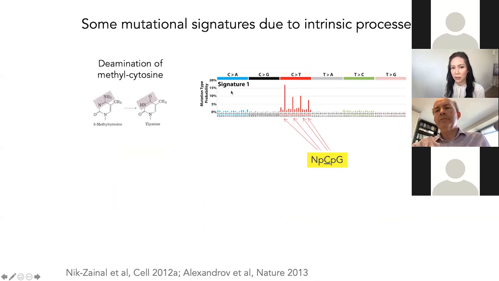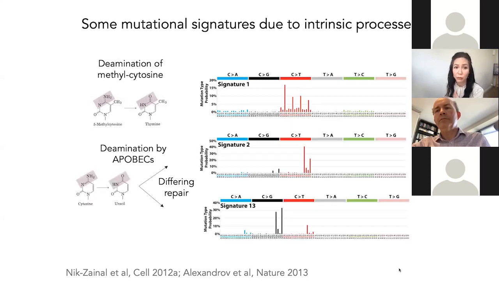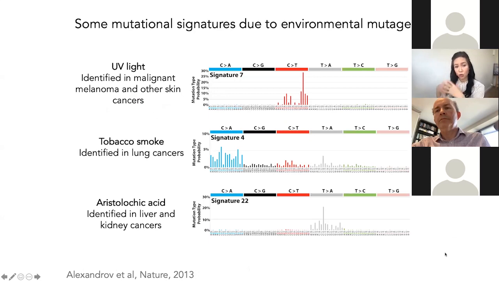So in this case, signature 1 has tall peaks, red bars here at CpGs, because this is the signature of deamination of methylcytosine. It's perfectly common and normal and happening in all your normal cells right now. And there are many other intrinsic or endogenous mutational processes happening in your cells, but there are also exogenous or